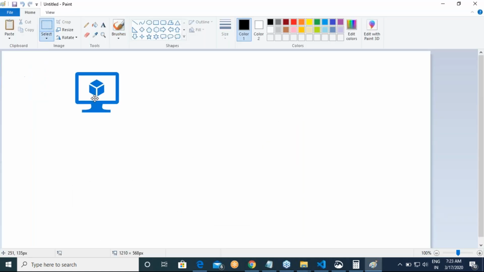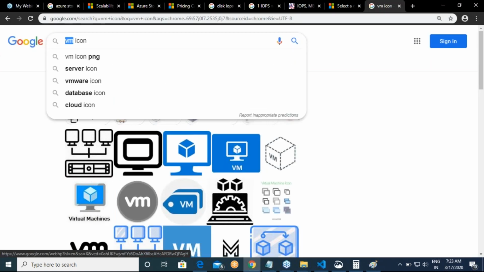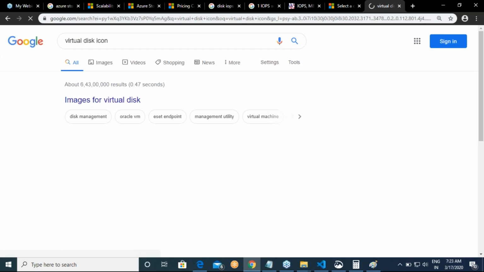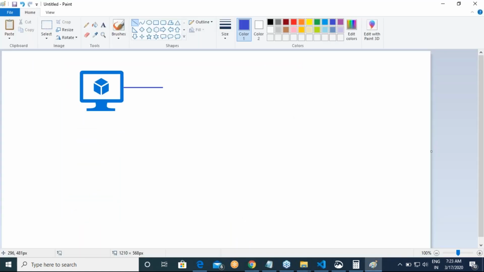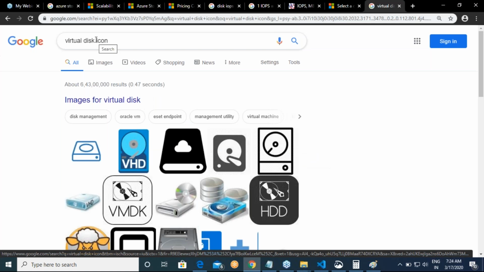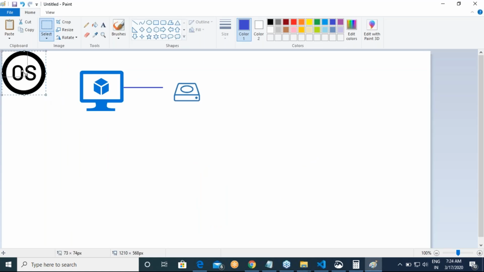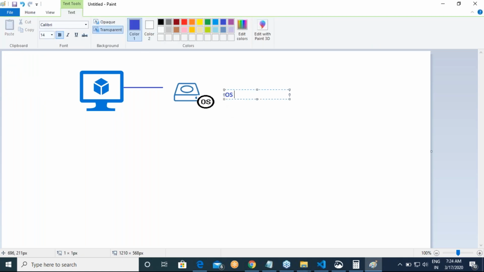So every virtual machine in Azure will definitely have a disk, and understand one thing, this is a disk with the operating system in it. So this disk is called the OS disk.